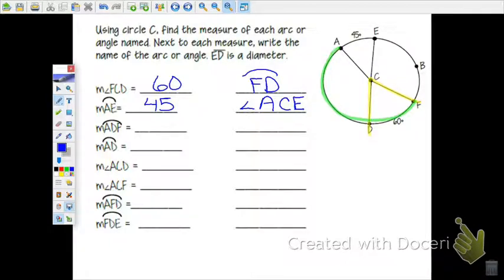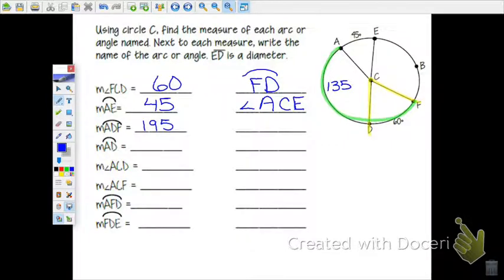Don't you subtract 45 from 180? Right, I'm going to subtract 45 from 180. So AD is going to be 135. So if AD is 135, DF is 60, I add them together to get